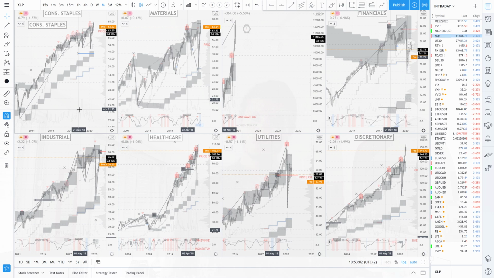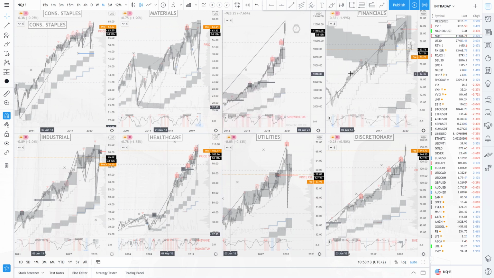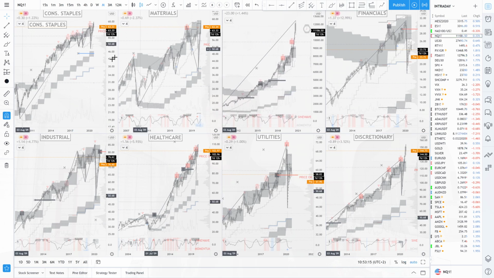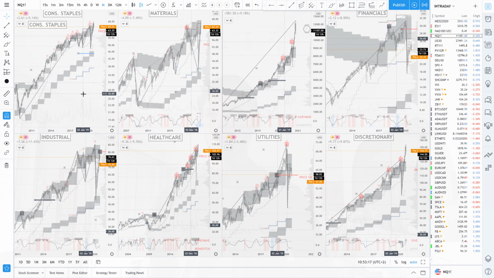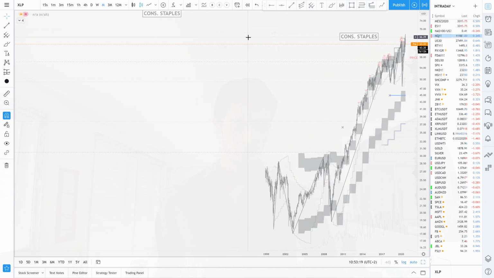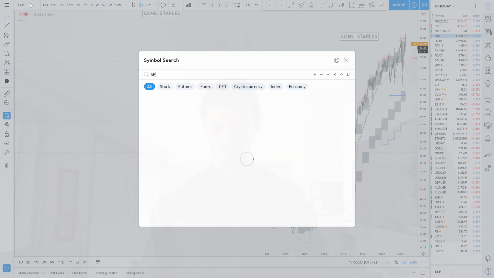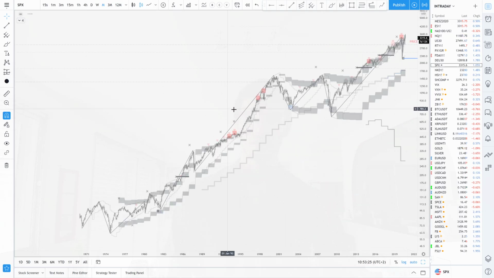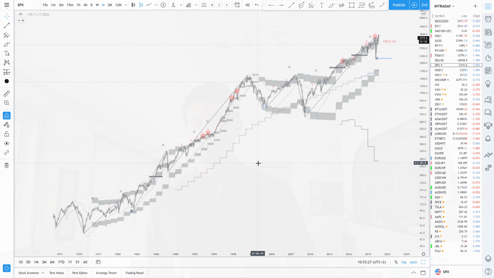So first things first, what you have in front of you is a sectorial analysis of the S&P 500 composition, which is basically all of the major sectorial assets in the SPX. The big question here, and the only thing we're going to be doing first, is getting right into the SPX itself before making this sectorial analysis. So, SPX. First things first, we're going to study the long-term rewards.